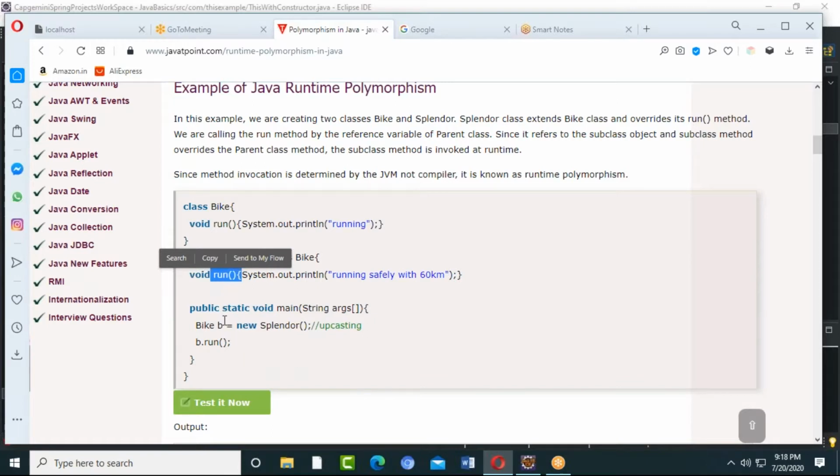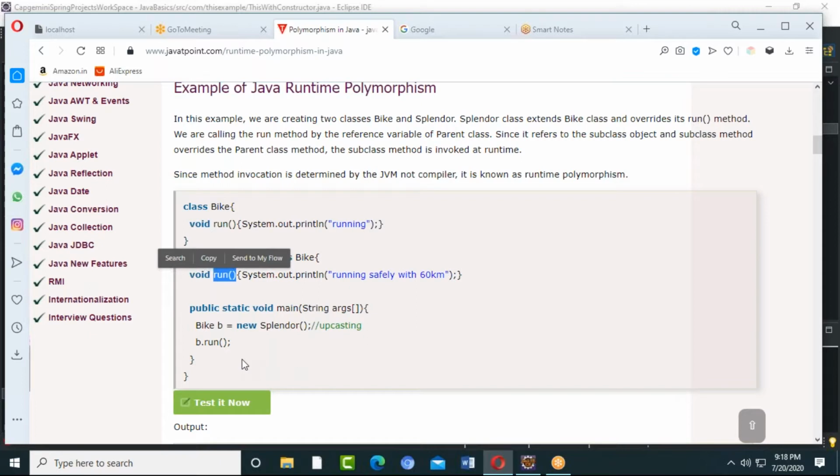We don't usually create objects in this way, but here he is doing that to show what runtime polymorphism is. He doesn't need to create it like this; he can create the Splendor object only. If I call the run method on a Splendor object, which method will be called? The subclass method. That is the concept of overriding. So who is going to decide which method has to be called? The JVM is deciding. When the JVM is deciding, that is called runtime polymorphism. Are you getting me? Yes.